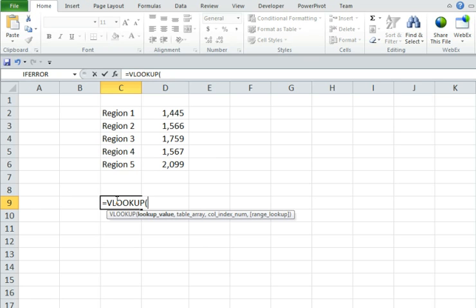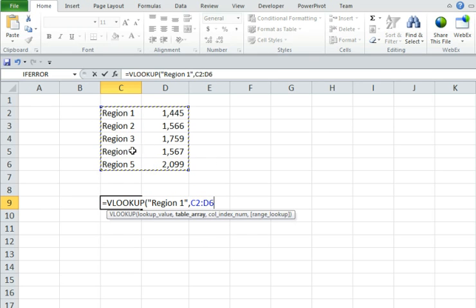To use VLOOKUP, you start by typing in equal and then the function itself, VLOOKUP, and then you enter in the value that you're looking to look up within the table. In this case, if we were looking up region 1, we would type that in with quotes around it as it is text. The next parameter asks for the table array. This table array is the full list of both columns, or multiple columns depending on how much data you're looking through,